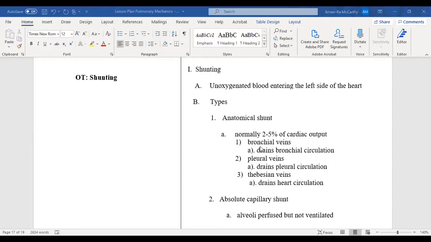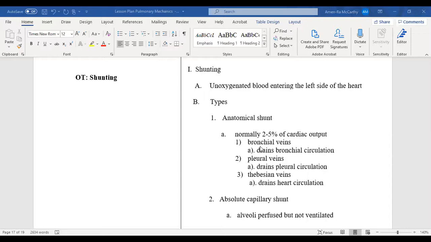You just can't help it. Some of that deoxygenated blood just leaks into the circulation. It just, by default, that's what happens. That's an anatomical shunt. Now, remember that the anatomical shunt makes up about 2 to 5% of the total cardiac output, okay? We said cardiac output should be 5 liters per minute, but 2 to 5% of that blood is